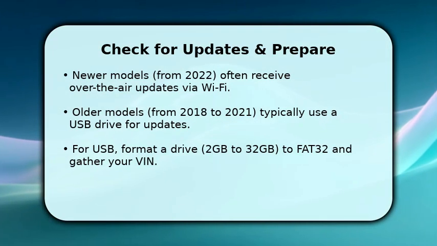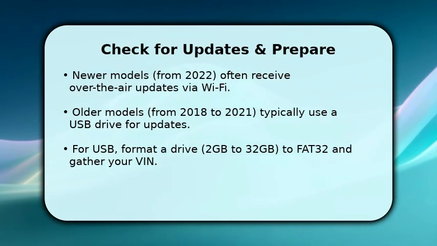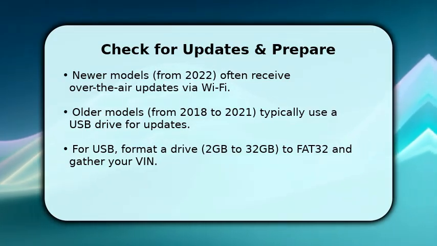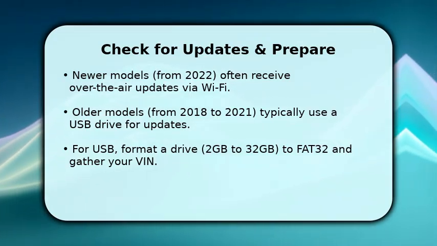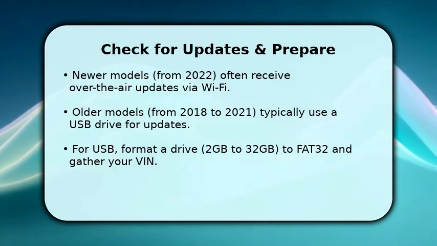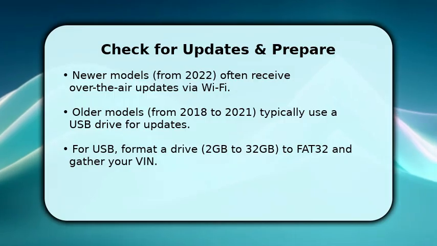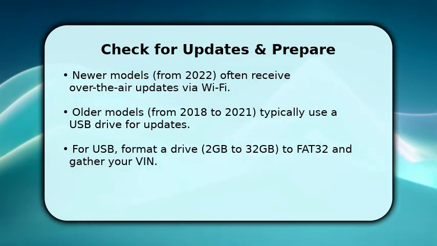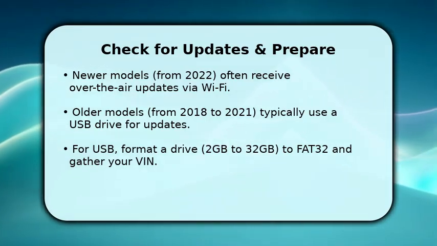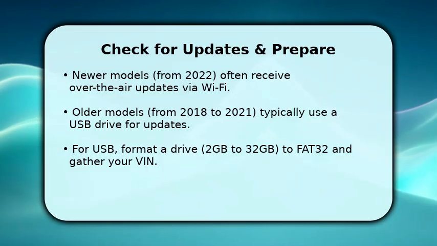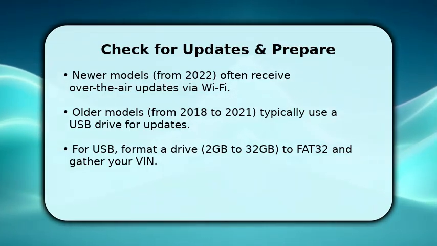First, let's check for updates. For newer Camry models, connect to Wi-Fi, then navigate to Settings, System, and Software Update on your infotainment screen. The system will check automatically. If you have an older model, you'll need a USB drive. Prepare it by formatting it to FAT32, ensuring it has at least 2 GB of storage, and locate your vehicle's